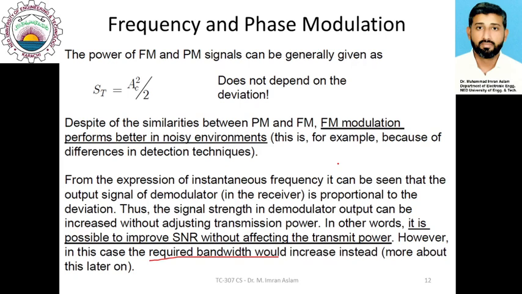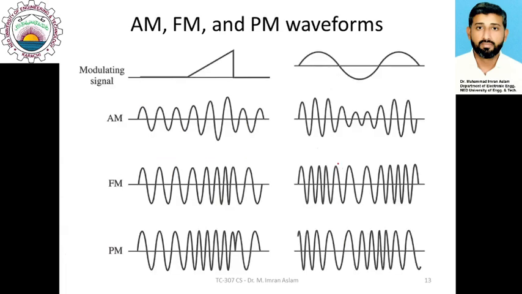there is a compromise between choosing appropriate bandwidth and the signal to noise ratio. So we can improve signal to noise ratio at the cost of increased bandwidth. So there would be a need of compromising what is the appropriate value of signal to noise ratio and what is the bandwidth that should be implemented in a specific application. So concluding the discussion related to FM and PM signal, I am quickly representing a comparison by representing the